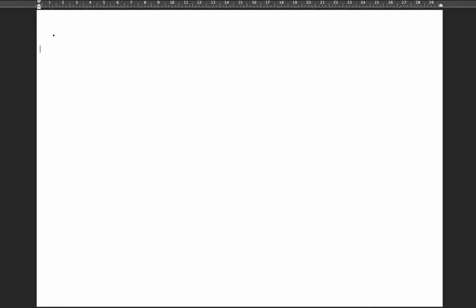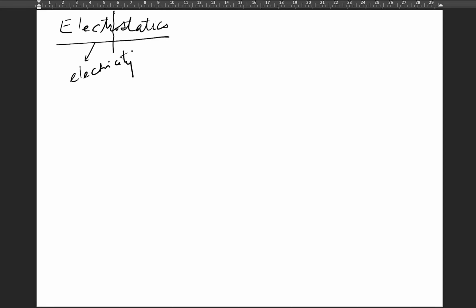From this lecture, we will start the study of electrostatics. So let's see what is electrostatics. This word is made of two words, electro and statics. Electro means electricity and statics means stationary. So as this word suggests,